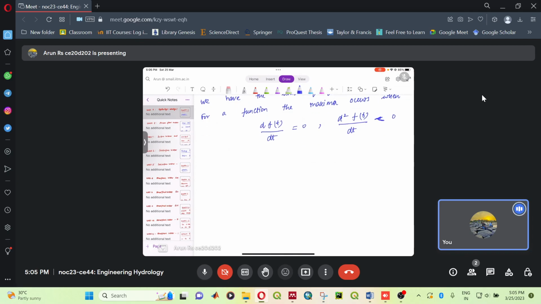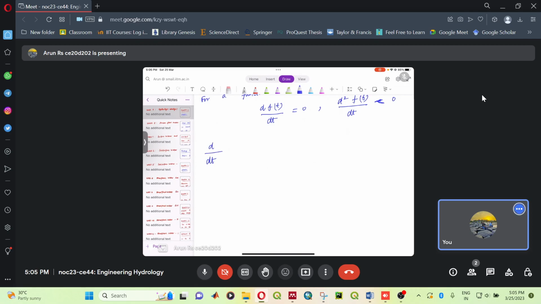So this is the condition for maximum. So what we will do here is we will find out d by dt of unit hydrograph of 5 hour of time t and equate it to 0. So if we do that, we will get an expression like this: